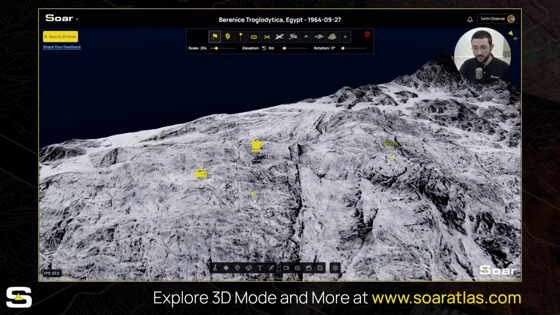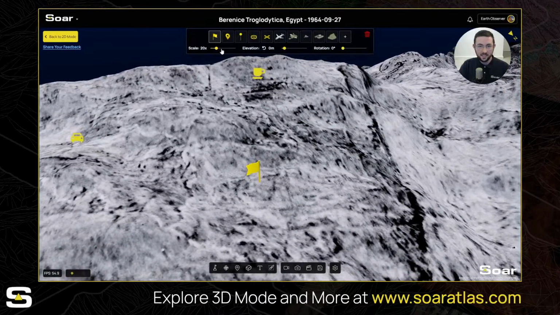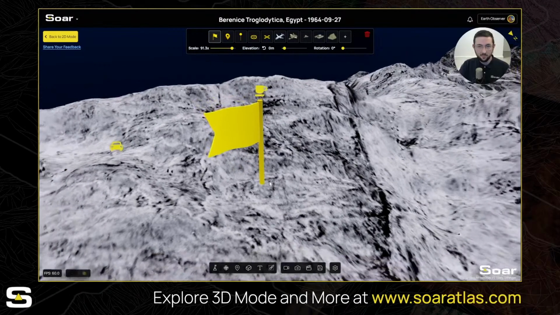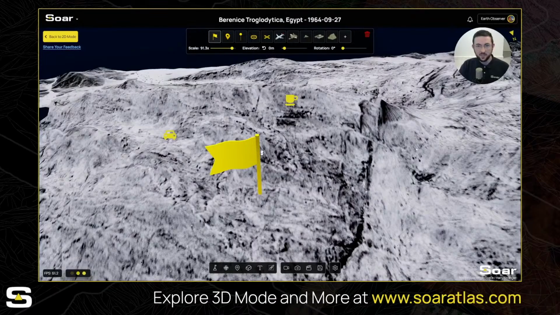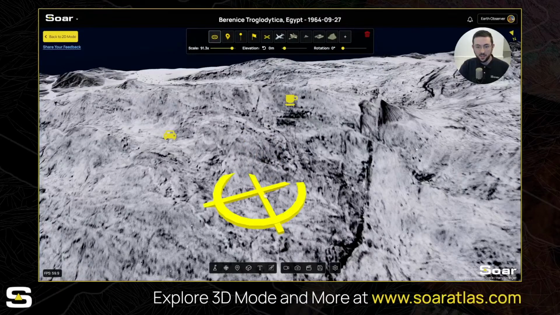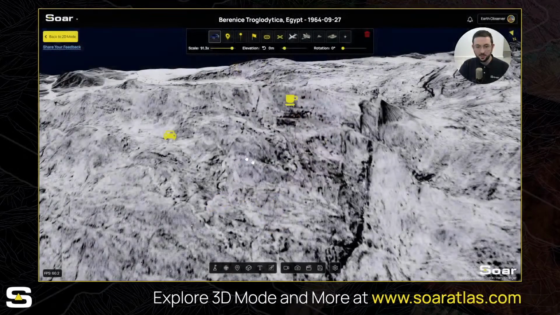One that I really love, and I did a lot of work on this as well, is the 3D markers. So if we pull this up, you can see we have our default marker, which is a flag, and you've got a few basic markers here, such as this one, which is sort of a pin. You've got another style of pin, and then more ground markers like the target, another target. But if you hit the plus, you actually have the full array of 3D markers, and this includes different